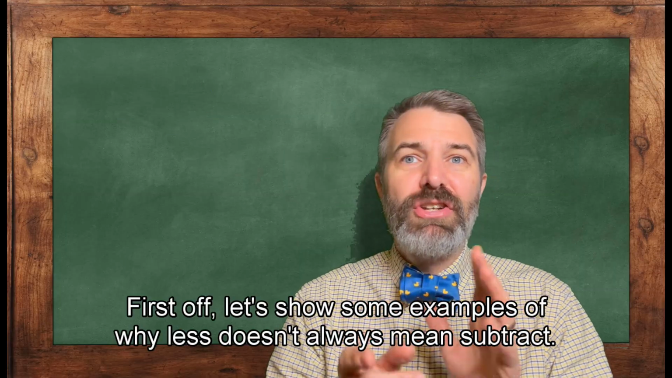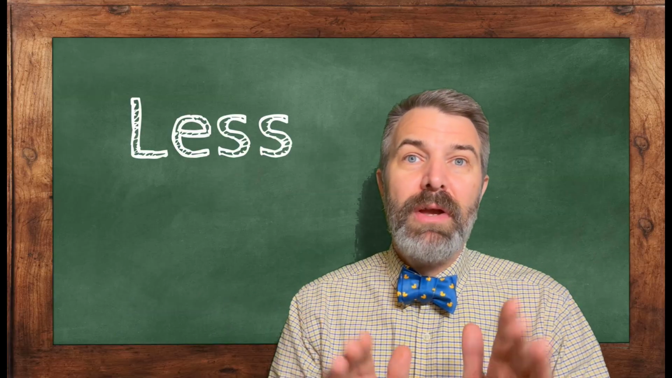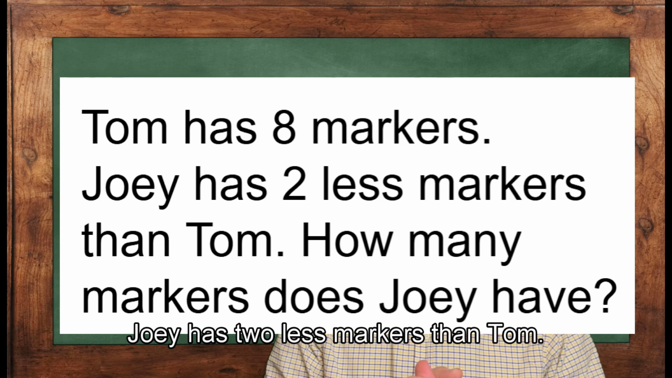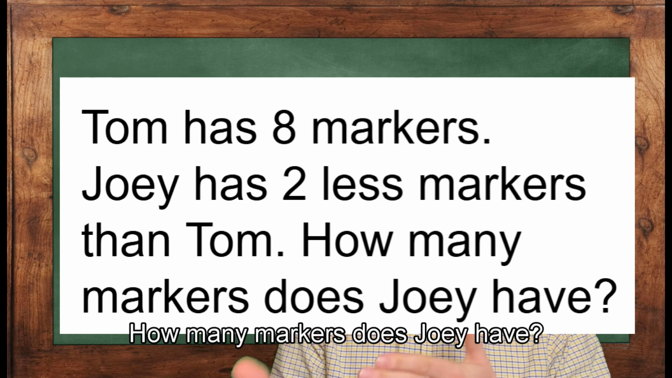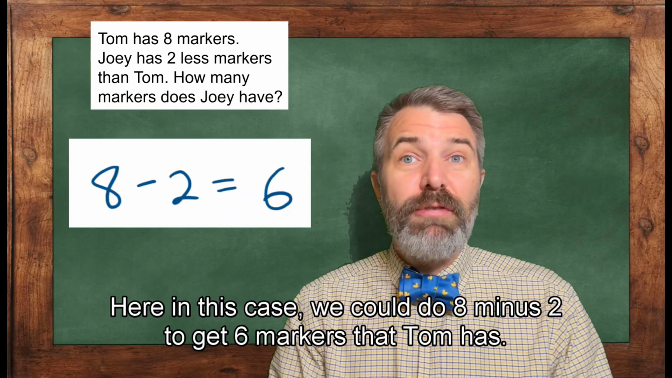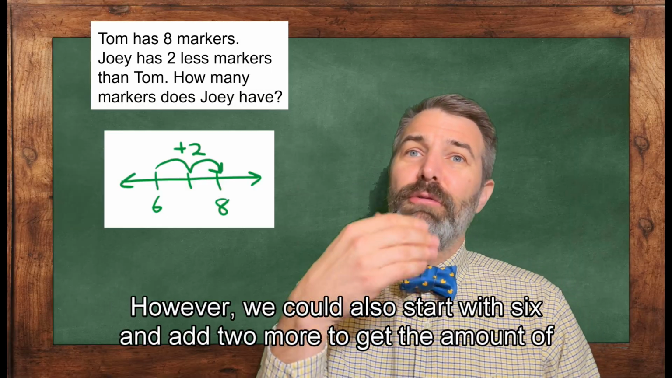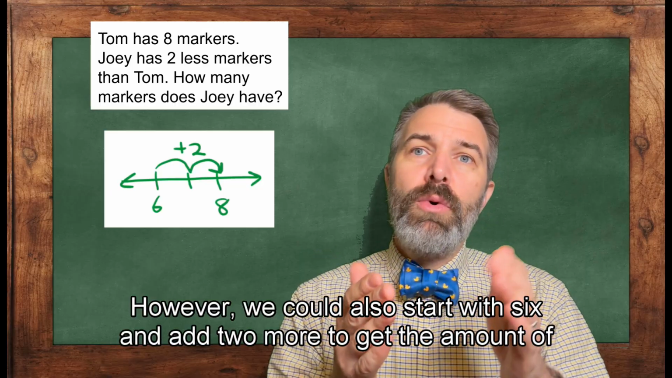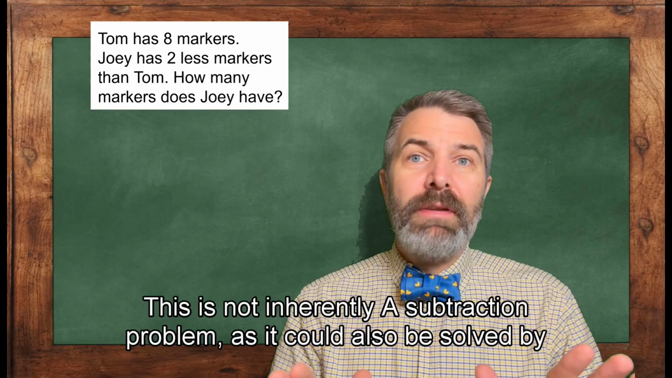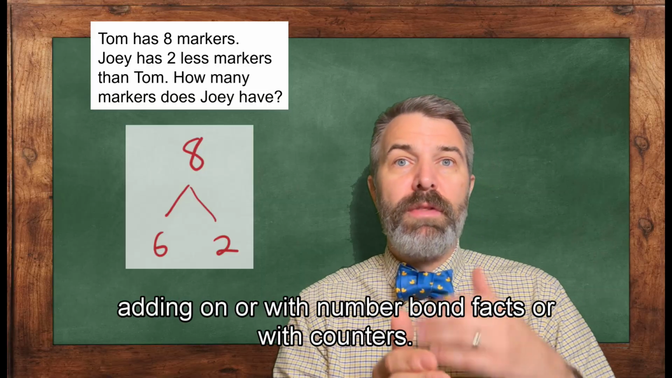First off, let's show some examples of why less doesn't always mean subtract. Tom has 8 markers. Joey has 2 less markers than Tom. How many markers does Joey have? Here in this case, we could do 8 minus 2 to get 6 markers that Tom has. However, we could also start with 6 and add 2 more to get the amount of markers that Tom has. This is not inherently a subtraction problem, as it could also be solved by adding on,